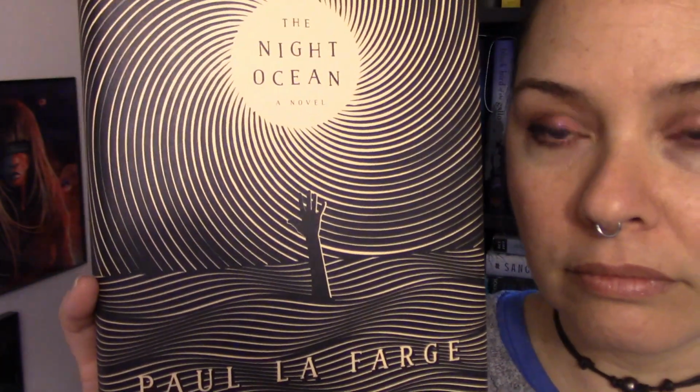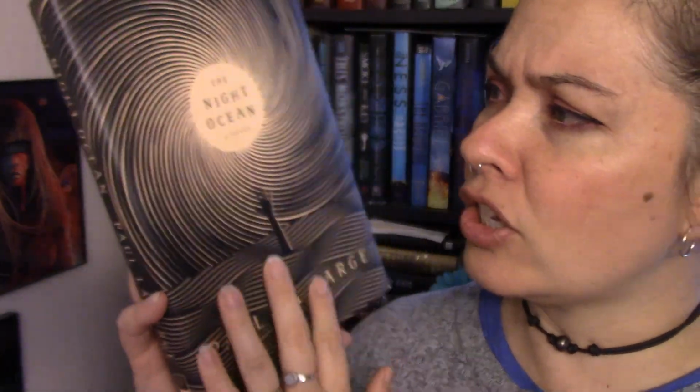The next book that I purchased is The Night Ocean by Paul LaFarge. I love this look where it looks like it's wood. I took art history in college, and wood carving, printed, stamped is called...